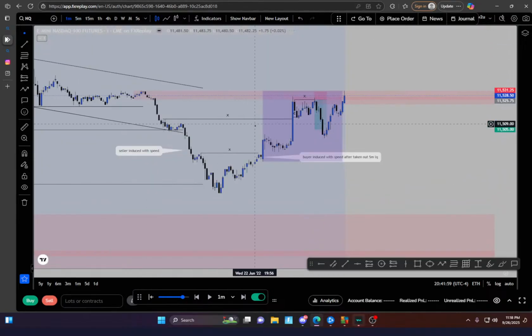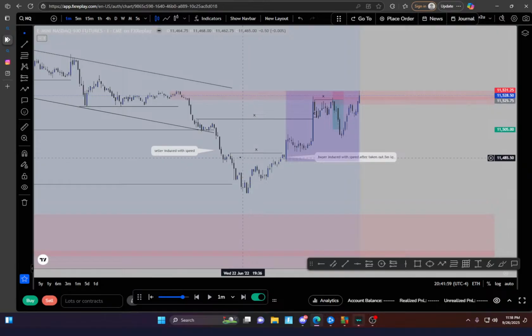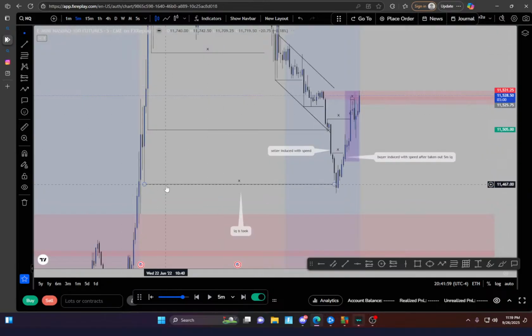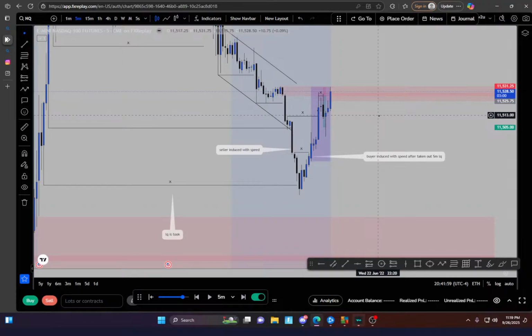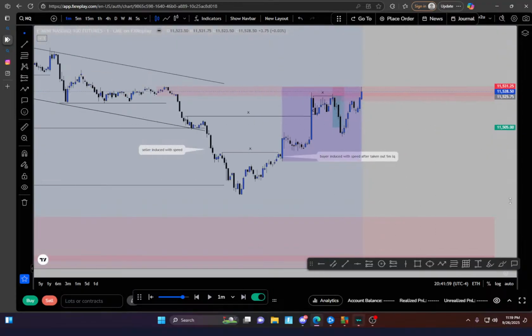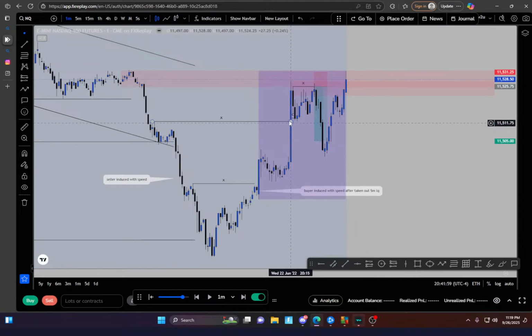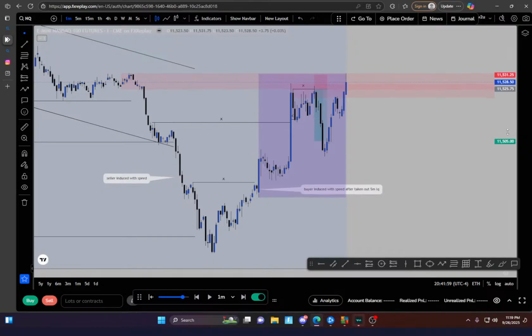First I went to 1 minute, and I saw we had this, and I'm like, hold on, if we took out 5 minute sell side, I want to see 5 minute buy side also taken out. After I saw that, and we had it with speed, boom, right here. On the last time frame, we had a structure break. On the 5 second, I checked. Structure break,